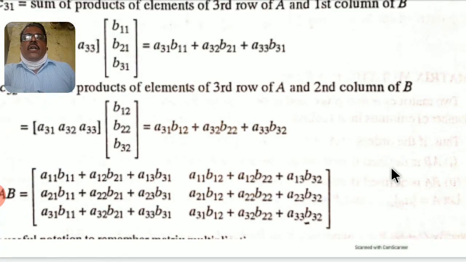I think it has been a long gap for you, so you might have forgotten these main operations. Therefore I just recapitulated these things, and in the next class I will take the rank of a matrix, then what are elementary row transformations, and then what is a row reduced echelon form.